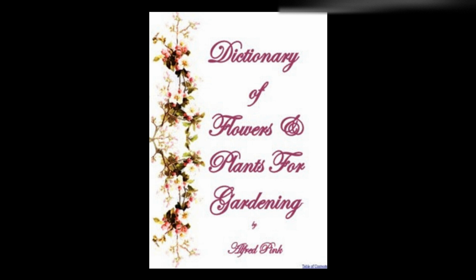Evening primrose - see Oenothera. Everlasting peas - see Peas, everlasting. F. Fabaceae - see Thermopsis. Fatsia japonica - see Aralia. Feathergrass - see Stipa pennata. Fennel - sow the seed in April, cover lightly with fine mold, and when the plants are strong